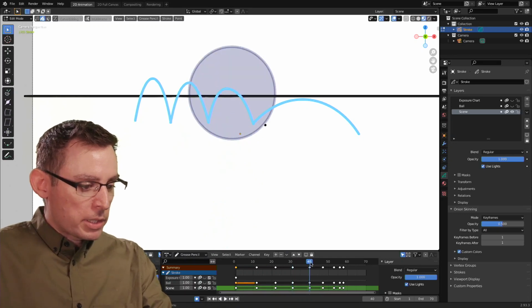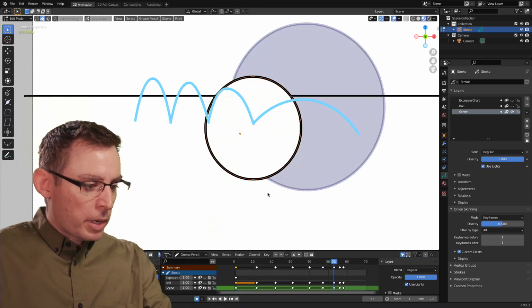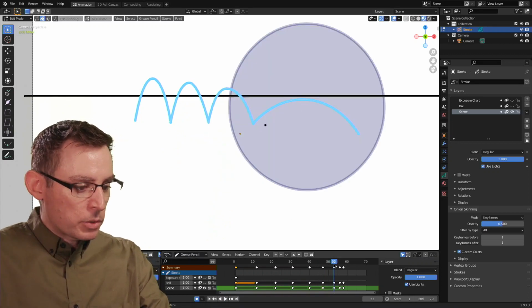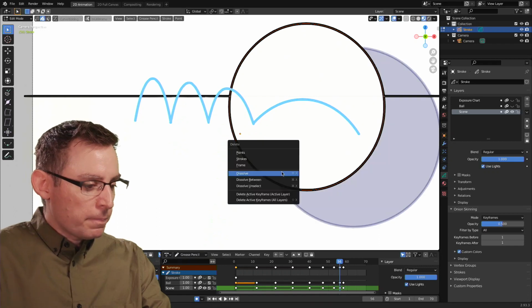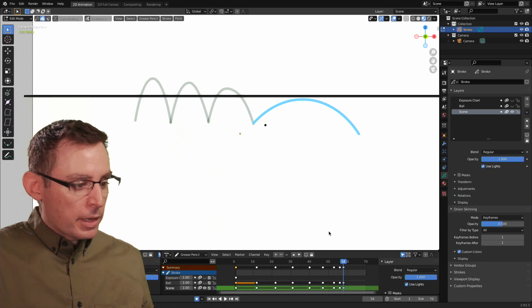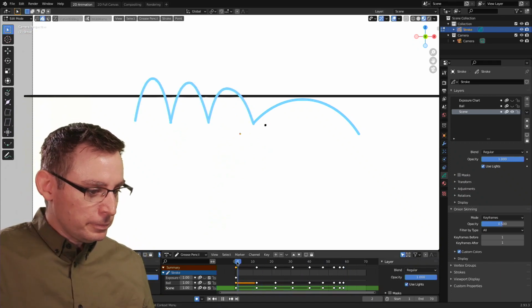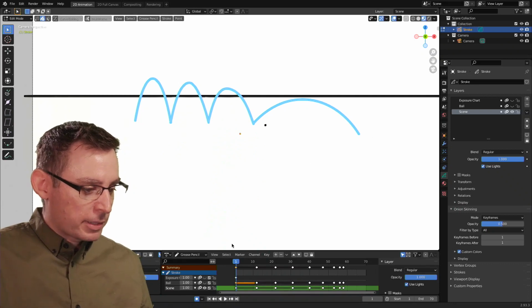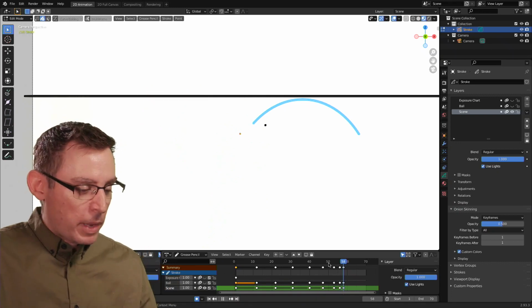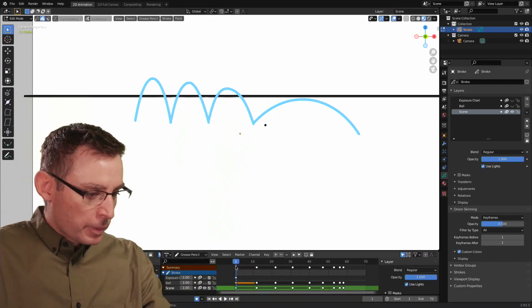But this is a good organizational practice. It seems silly to go in and separate all this stuff out. You're like, oh, I've already animated, it's working, the keyframes are there. Trust me, you're gonna want to do stuff like this, because you're gonna find that your brain is gonna need all of this info. Okay, now I don't necessarily need my arcs anymore, although I will keep them around. I think I accidentally deleted them on that final frame, but that's okay. As long as we have those arc drawings on one animation frame, we're good.